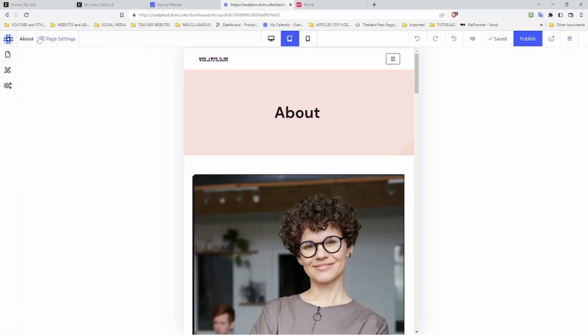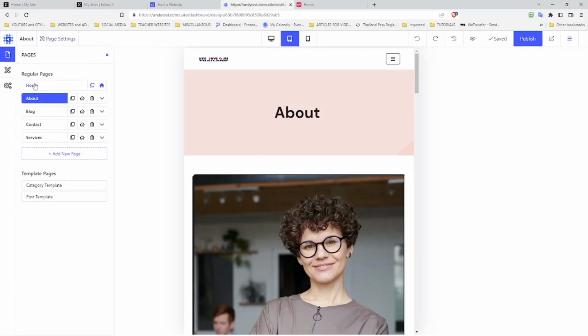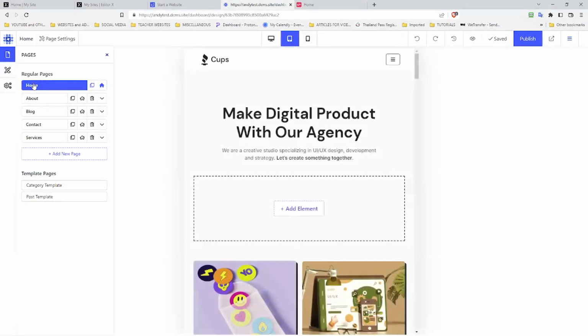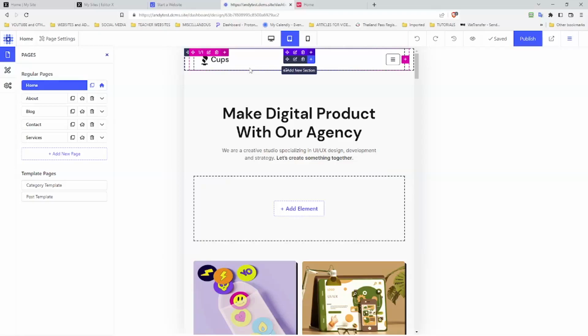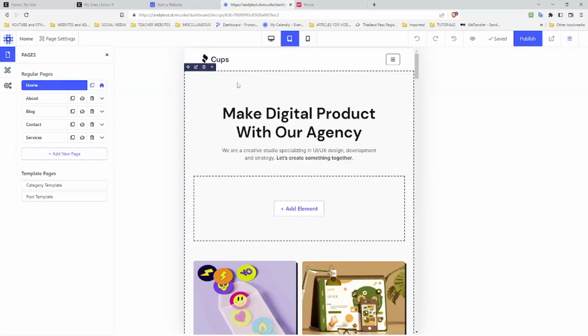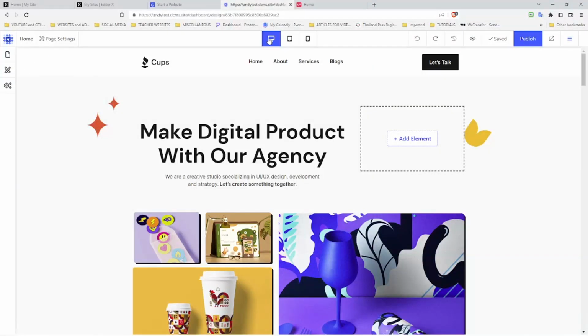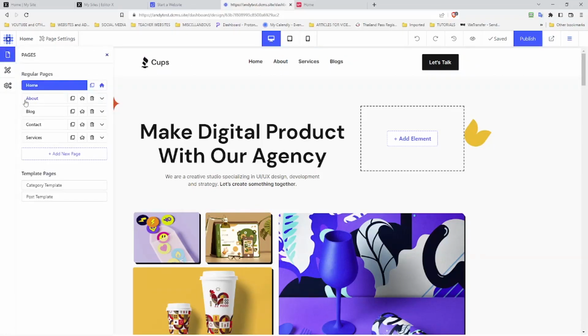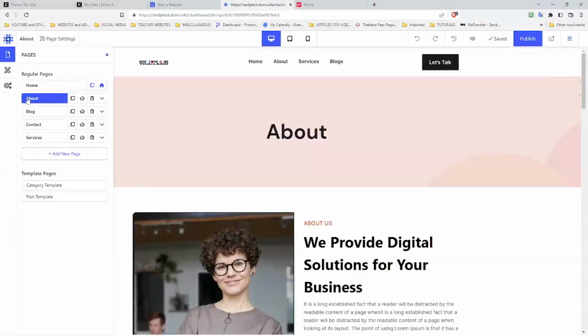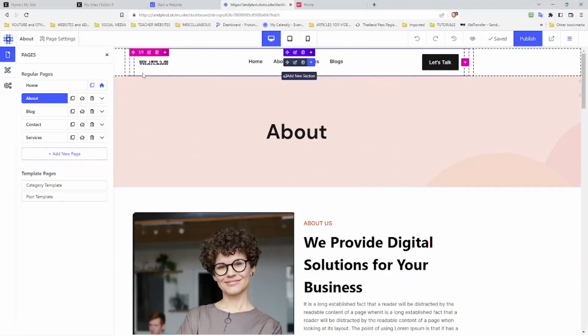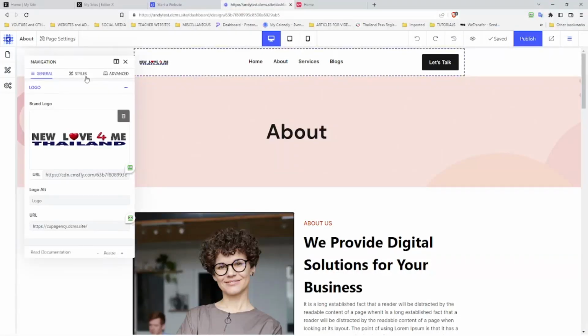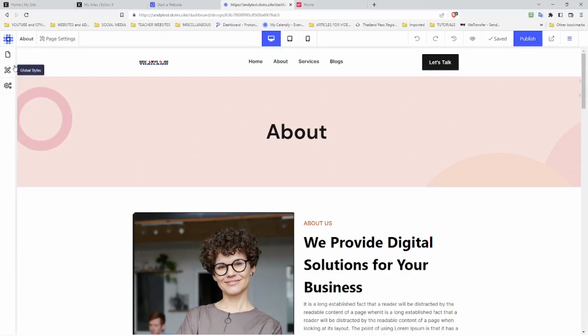Right, so we're on the about page, and obviously you want to go back to the home page. There we go. So obviously we've only done slight editing on the about page. We can